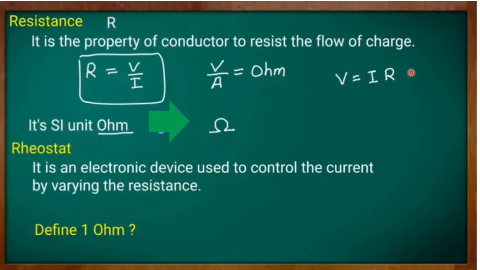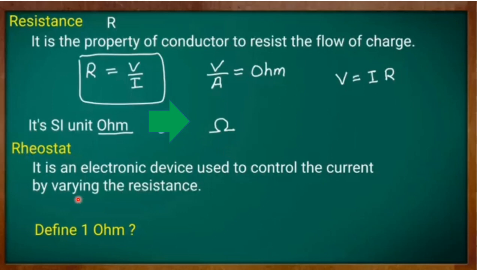If we solve this mathematical relation for the resistance, we can write it as R is equal to V by I. What will be V? Potential difference. What will be I? I will be the current. Then what is the SI unit of potential difference, children? The SI unit of potential difference, we already studied, is volt, isn't it? Then what will be the SI unit of current? The SI unit of current is ampere. Therefore, volt by ampere is defined as ohm. The SI unit ohm is represented with the symbol like this. So we will call this symbol ohm, children.